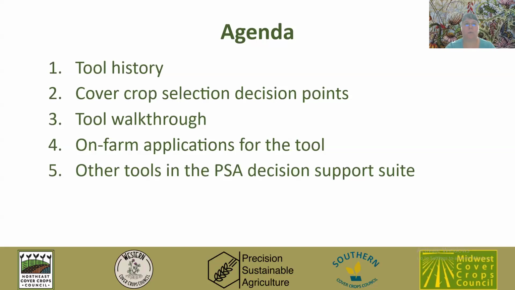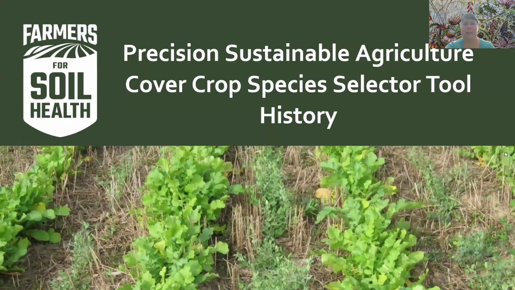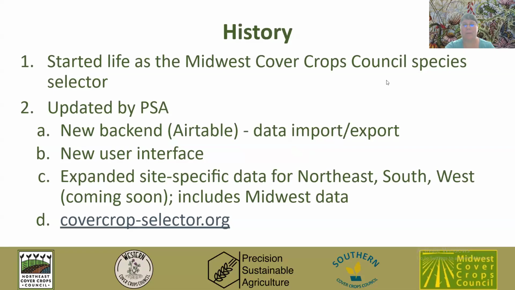So a little bit of history about the tool. The Northeast Cover Crop Council Cover Crop Species Selector tool actually started life as the Midwest Cover Crop Council Species Selector. They led the way back in about 2006 developing this species selector. They were publicly funded, and so they were very eager to share their work with anyone that was interested to develop the tool to be used in other regions as well. And so when I came into the Northeast, I came with this idea of regionalizing the Midwestern tool for use